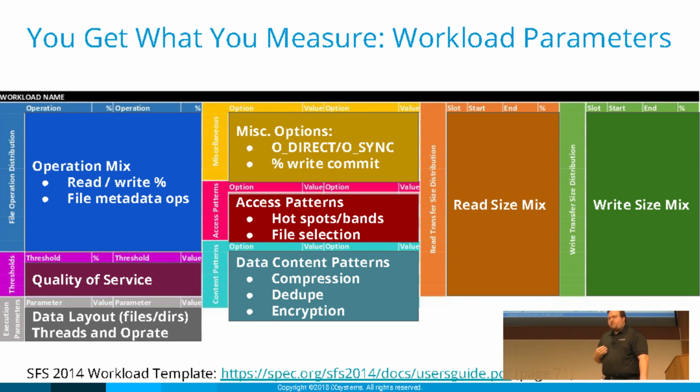The content of your data matters too, especially if your storage can support compression or dedupe. And so that's where you want the content of the data you're testing to match. Now, if you do DD from /dev/zero to an OpenZFS data set, well, if you have compression on, you'll get a very different number than you might expect if you're not thinking about that, because it will all get compressed.